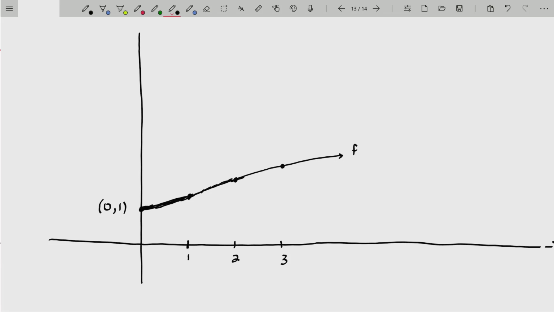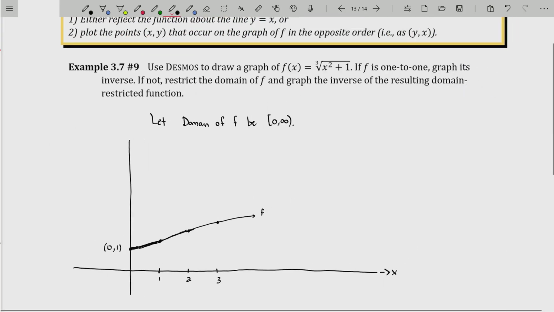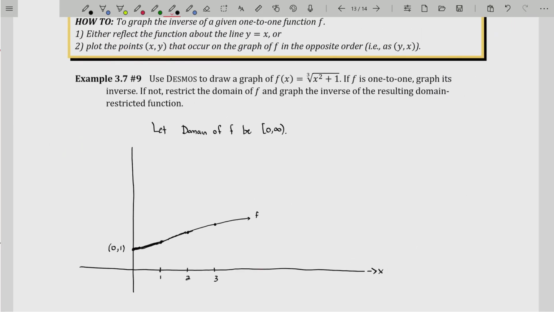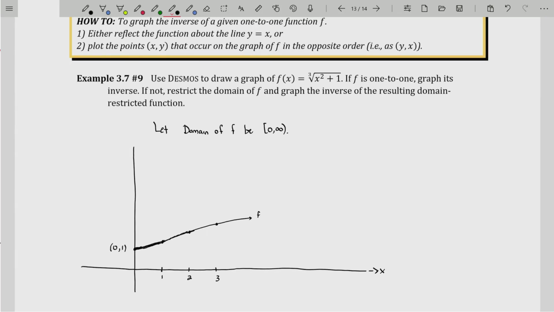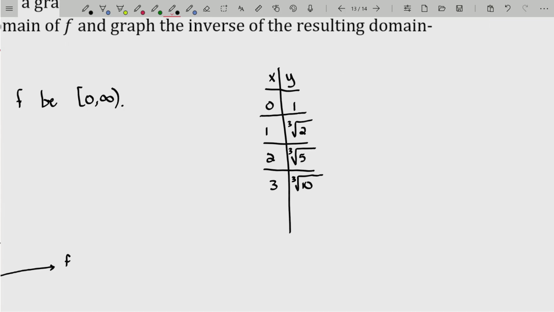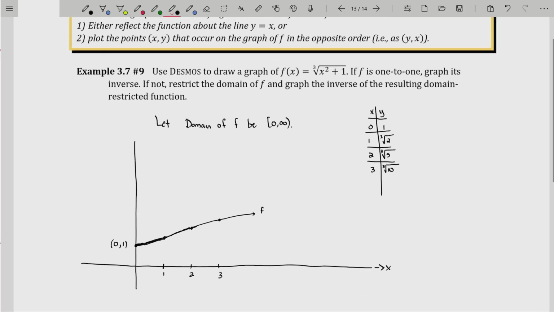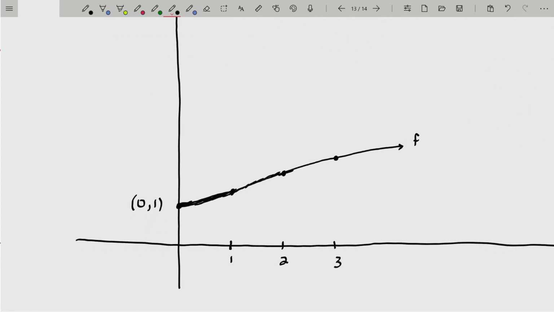But now we have two ways to graph the inverse. One way to graph the inverse is to graph the line y equals x and reflect that curve about that line. The other way to graph the inverse is to swap the x and y values. Now, swapping the x and y values here is actually going to be somewhat of a pain, because if you build a table of values, you can see that the numbers are not beautiful. They're not really easy to plot as far as the y values. And so if we swap the x and y values, it's not really going to be great. So the best thing to do here, I think, is to draw the line y equals x,